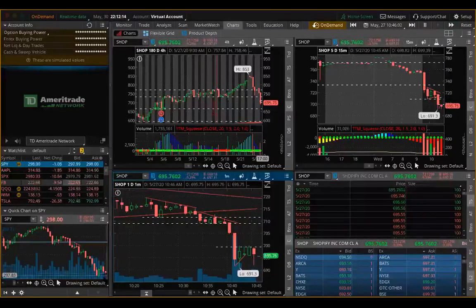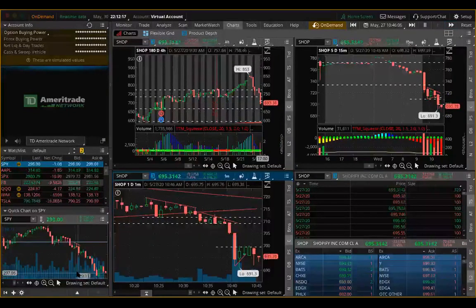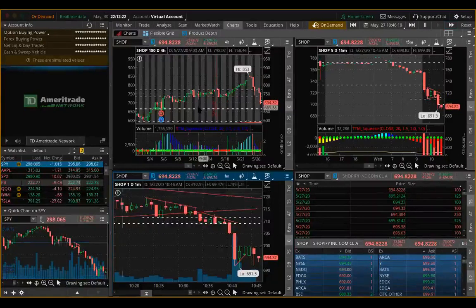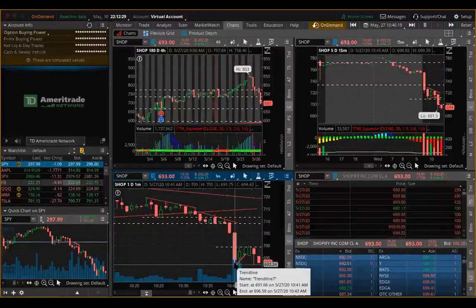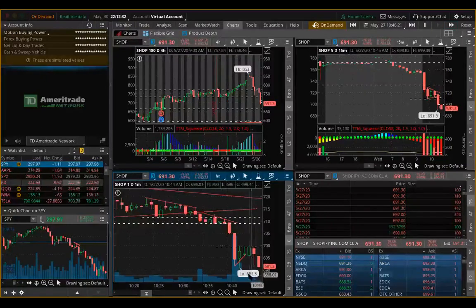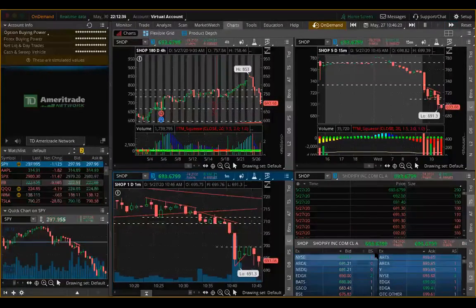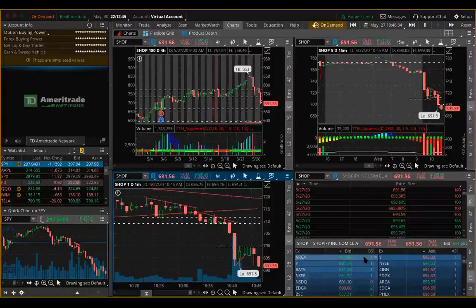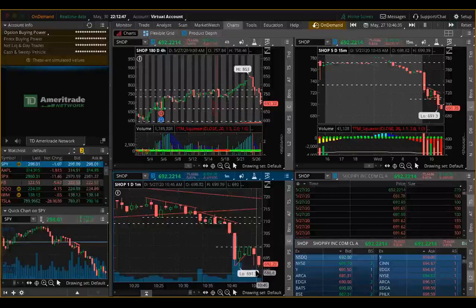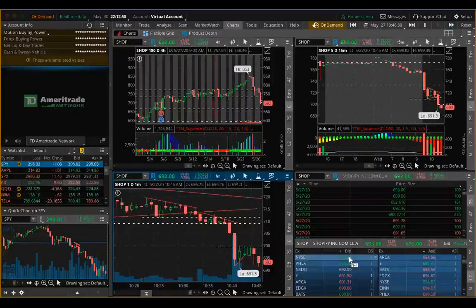Check out SPY. What's SPY doing? Everyone, what's SPY doing right now? Look over here. It's dumping, right? It's rejecting. Look at that fake out. Dumping. So our bear flag comes into play, right? Let's check this out. We need to break below the 691. Check out time and sales, right? We got buyers at 691.31. Coincidentally, that is where our next level of support is, right? So we want this to drop below the 691.30 level. That's what we want to see.